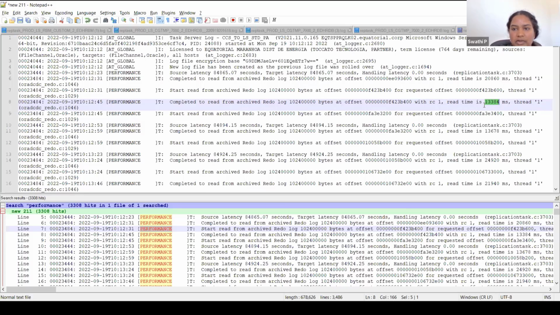So in these scenarios, first they have to check whether there is a network issue or a disk IO issue, and also where the source server is located and where the Replicate server is located. If they are far away, then obviously we see this kind of read speed issue. They should be in the same data center and subnet. If that's the case, then we won't have this kind of issue. So this is one thing. If they see slow read speed, they have to check these two things: the network and the disk IO. And if the read speed is not like 13,000, if it is just 2,000